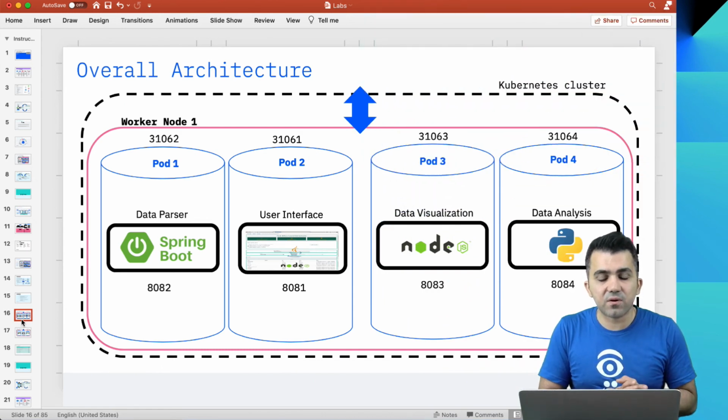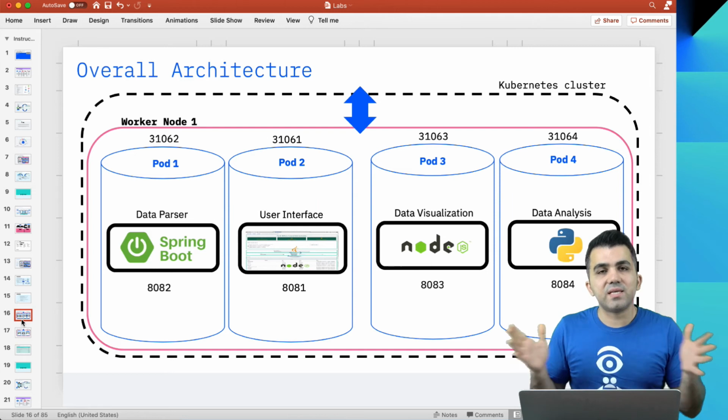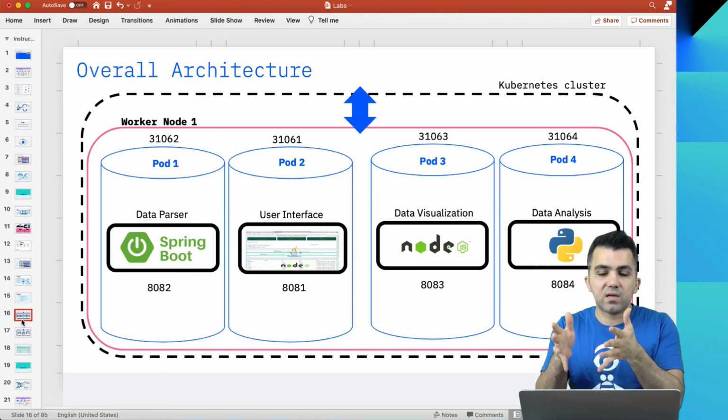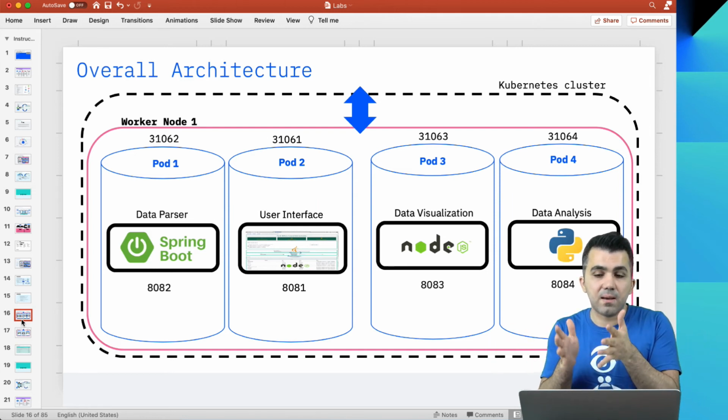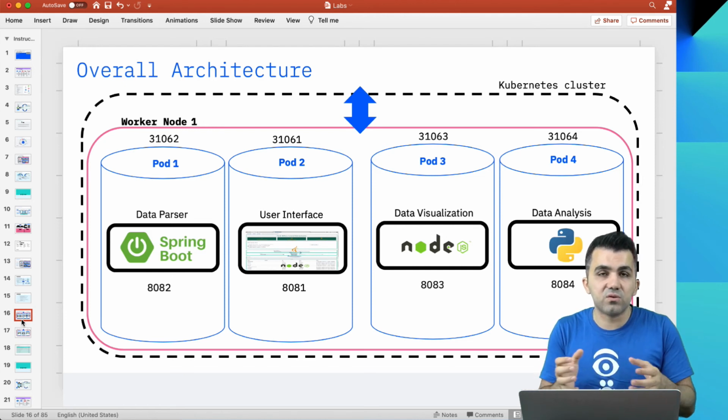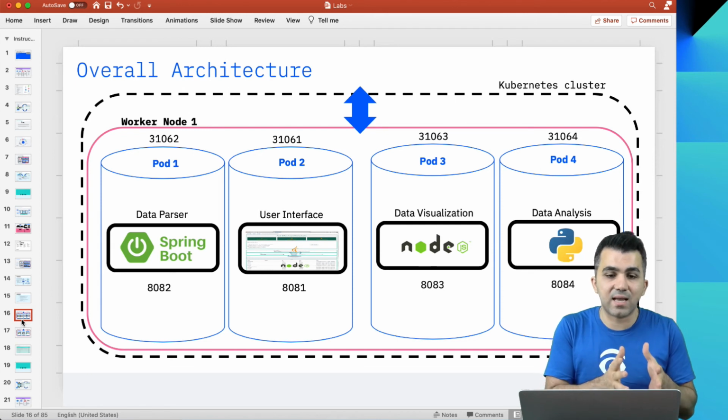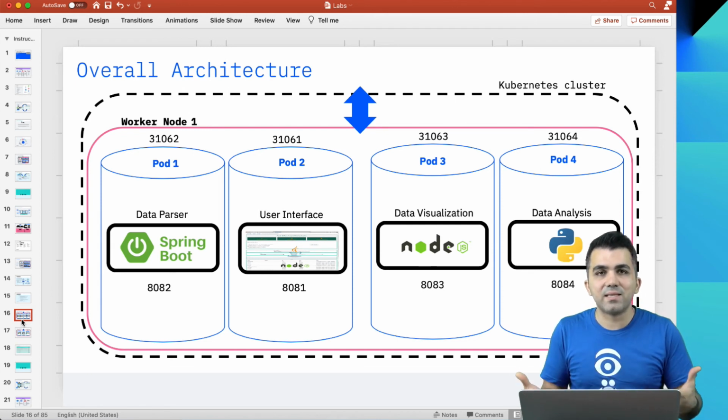When we look at it from the cluster perspective, breaking down your application makes it possible for these applications to be accessible from outside your cluster or within your cluster on their own ports and addresses. So they are independently available, and also independently scalable. Let me put it this way.